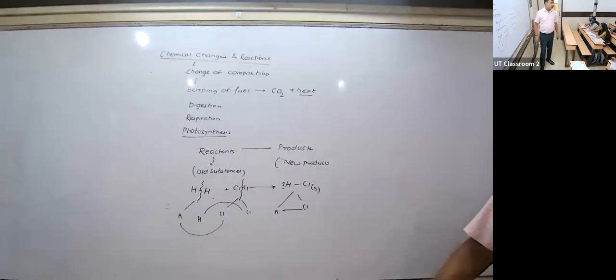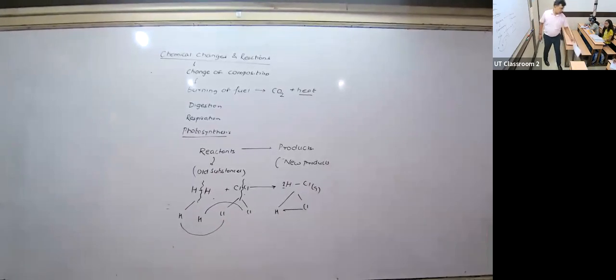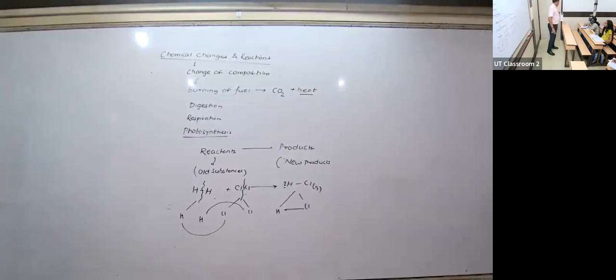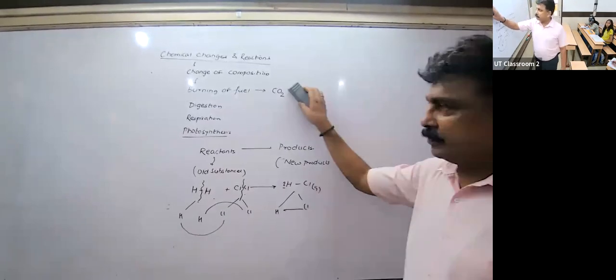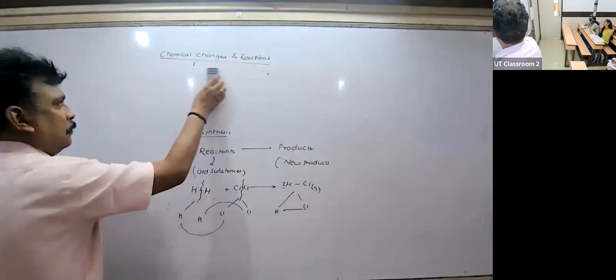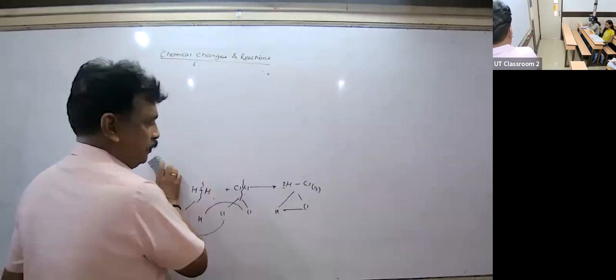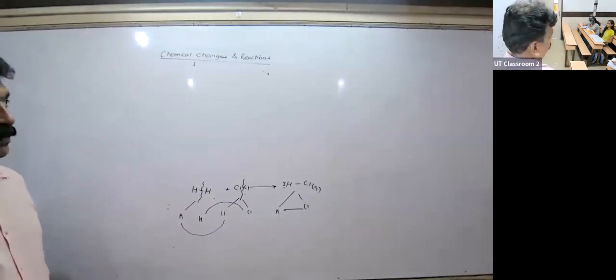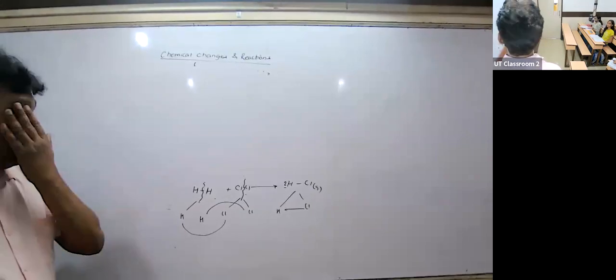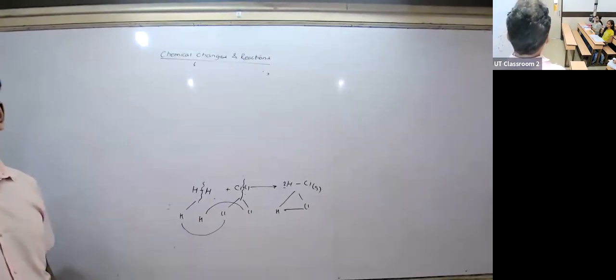Let us come to what are the conditions for a chemical reaction to take place. Attendance, signed all of you. So physical changes, no new substances are formed, but chemical changes, new substance or substances are formed. Okay? So now let us understand, for example, various conditions under which the reaction can be done.